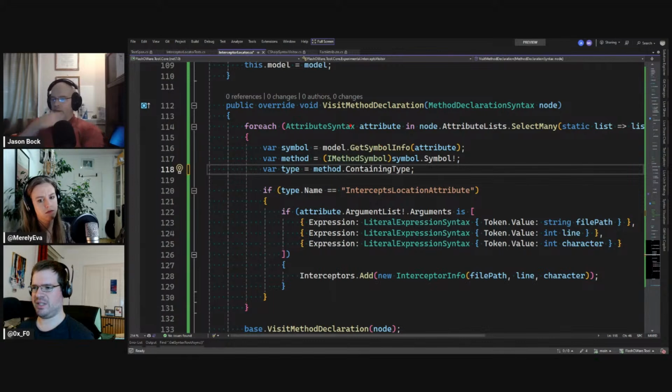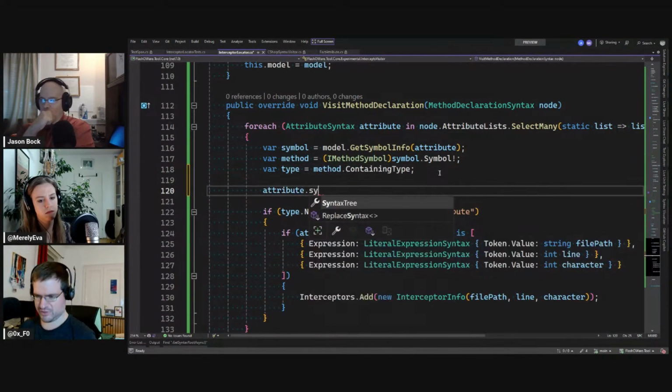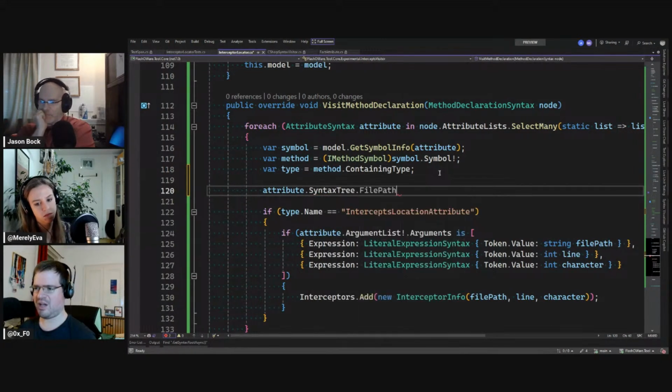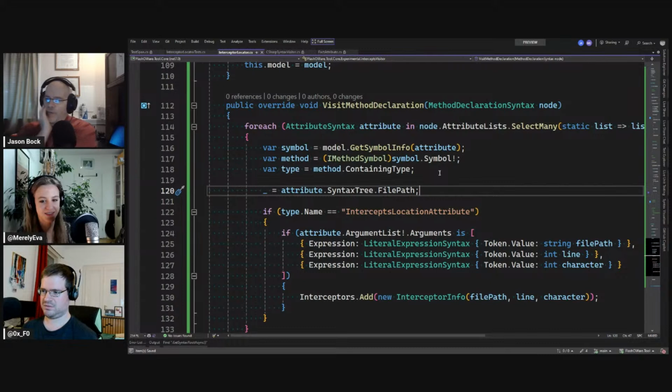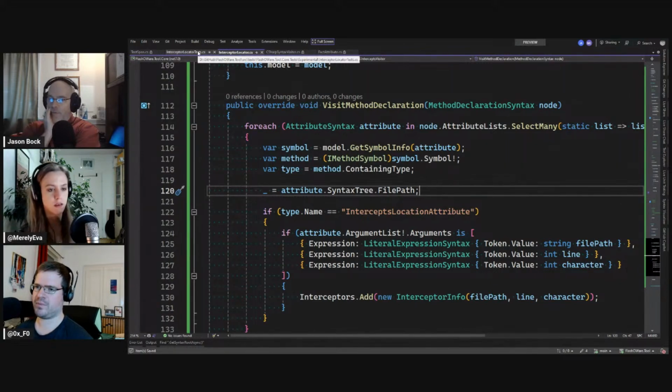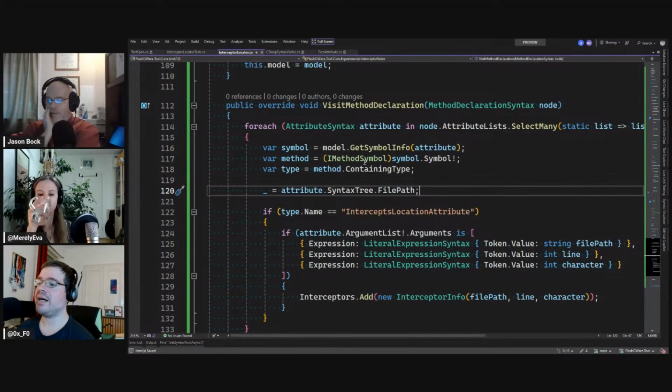Well, can we get this from the syntax, from the attribute? Does this have a syntax tree with the file path? We have that. Cool. Perfect. Well, that will give you the file where the attribute declaration is made right now, not the method that is attributed.